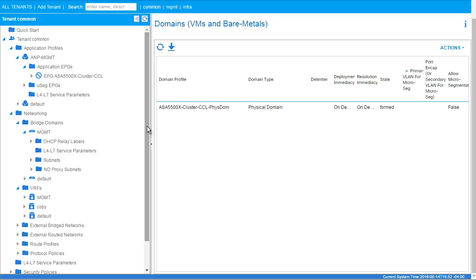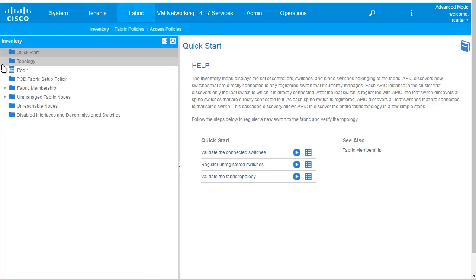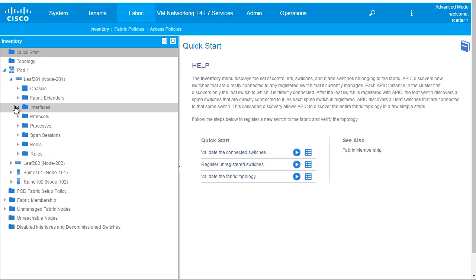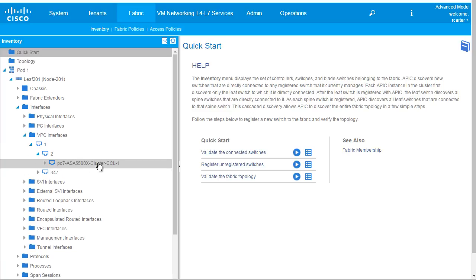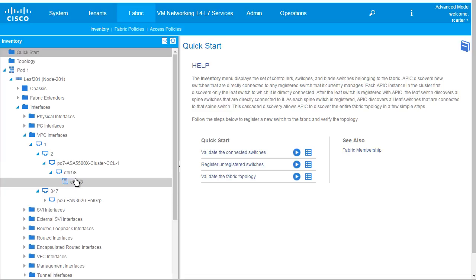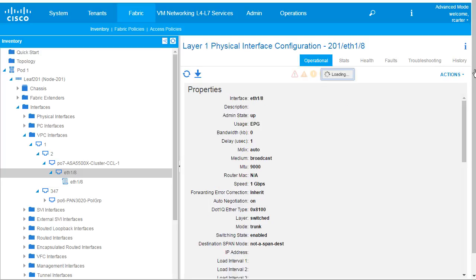So let's check the fabric inventory. Let's see the port channel configurations so far. So here's my VPC, here's my CCL, and I have a Palo Alto. So let's just check the ASA first. So the ASA picked up, oh, here you go, picked up PO48 on the ASA, which is already configured. And if I click here,